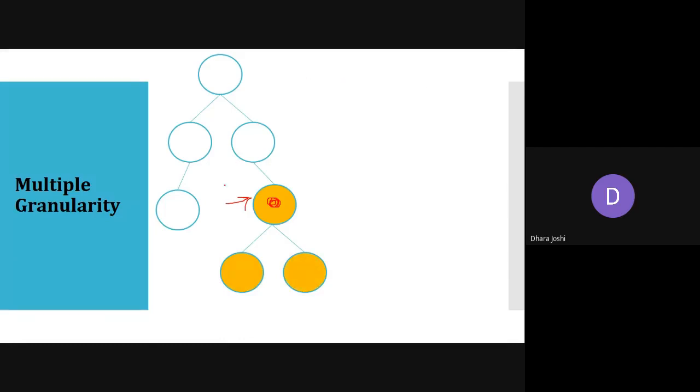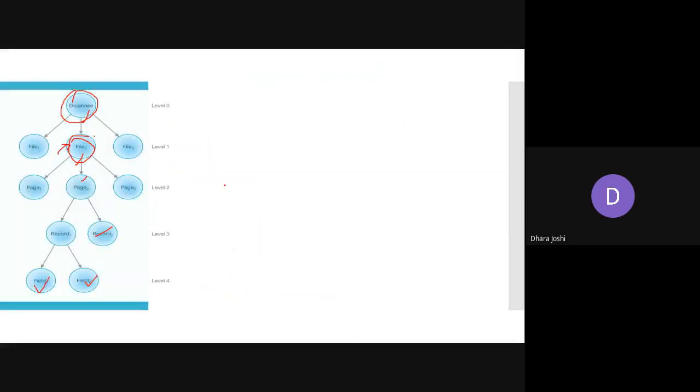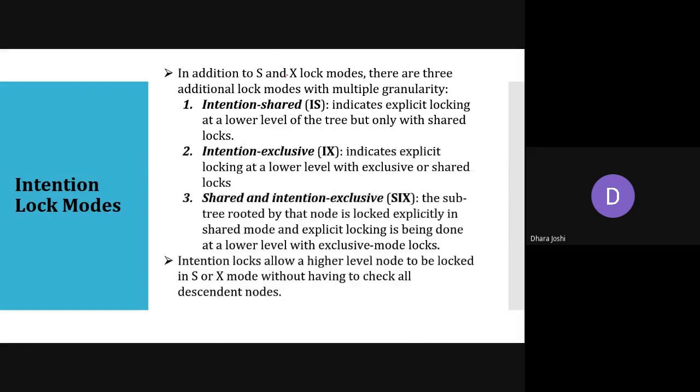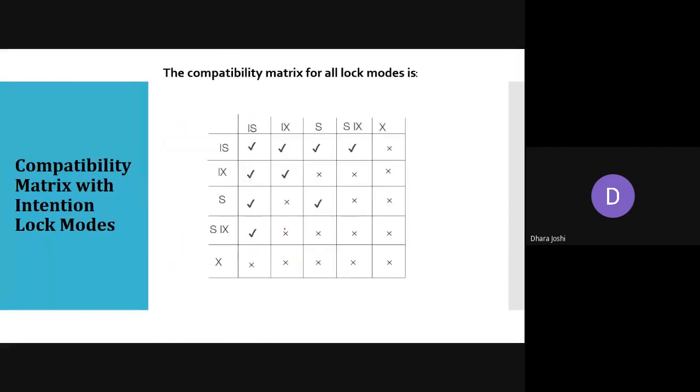If you are not writing it like this, it is quite okay, because it is not given in the book. I have just made the animation to give you a better experience of learning, so it is not needed. And you need to write these three locks as well as the compatibility matrix. If they're asking 7 marks, you need to write this entire stuff. If they're asking 4 marks, there is no need to write about the locking. You can just mention the names of the three locks: intention shared, intention exclusive, and shared and intention exclusive.